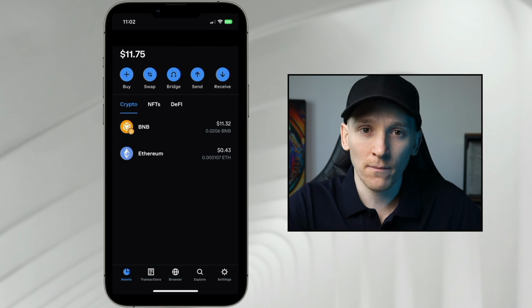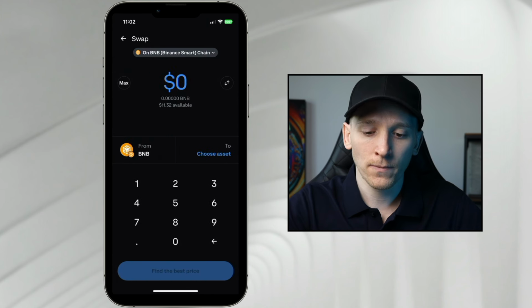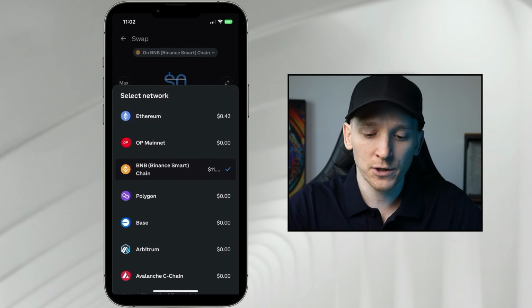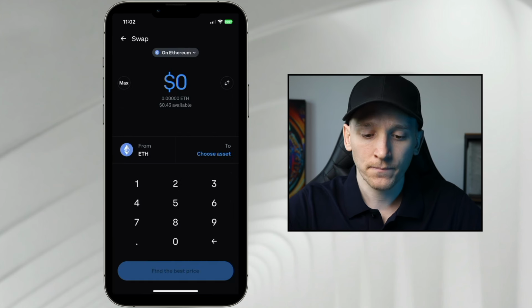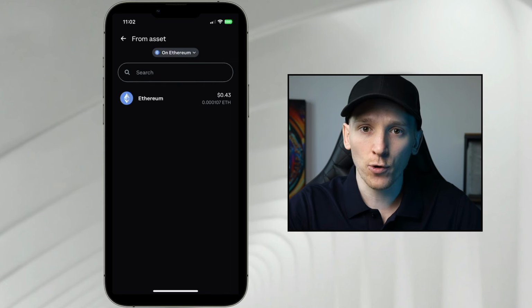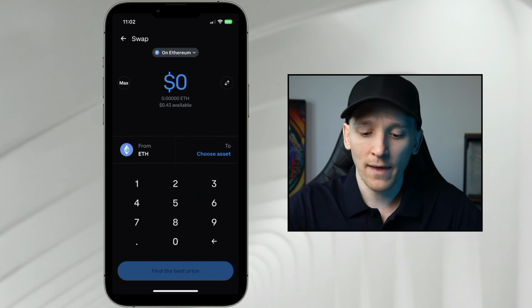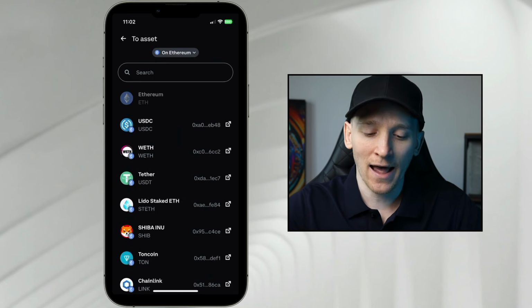So for an example, if I have a coin on the Ethereum network, what I can do is press swap. So I'm going to press swap. Up at the top, I'm going to make sure that I'm on the network that I want. So you can see the network. I'm going to choose Ethereum. So let's say I have some coins on here. I can then swap from any coin that I have ownership of. You'll see a list of them here, and then go to and then choose an asset that would be accepted